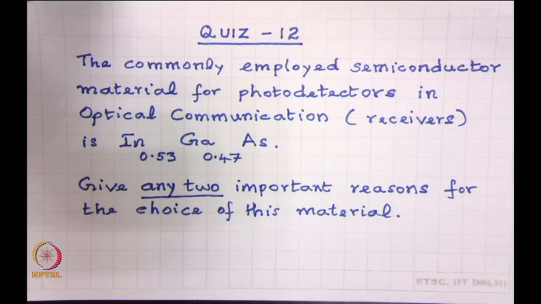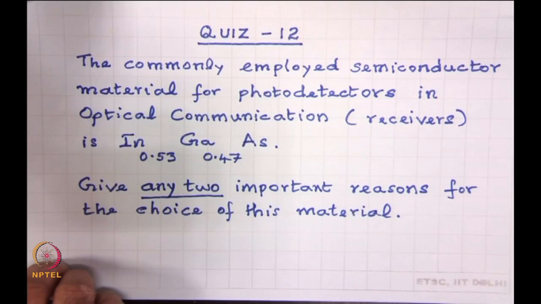quiz 12. The commonly employed semiconductor material for photodetectors in optical communication receivers is indium gallium arsenide. Give any two important reasons for the choice of this material. This was the quiz, and the answer is